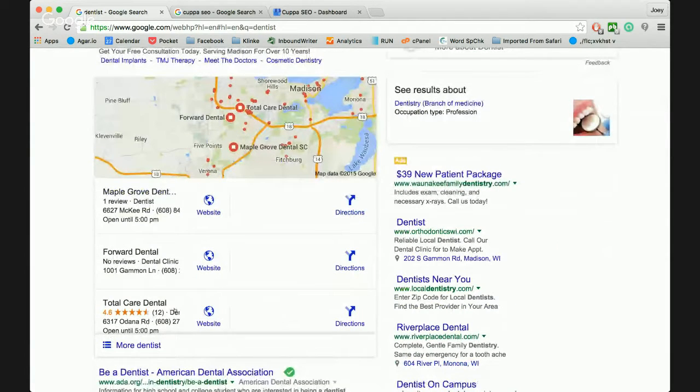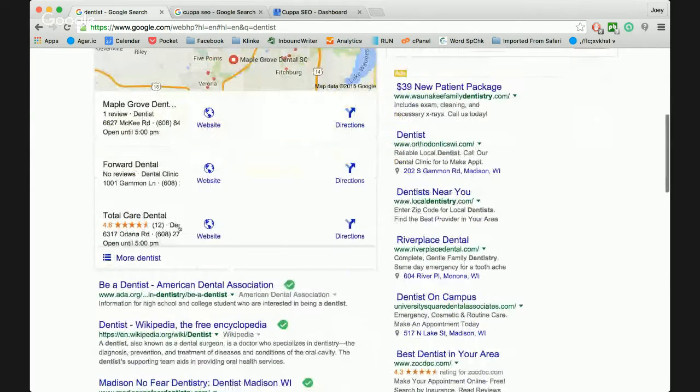The reason why these are the top three can be kind of complicated, but one of the major reasons is, one, these companies have a Google My Business page. If they didn't, they wouldn't show up. Two, they've optimized it. They've completed every section, and they've utilized keywords and keyword phrases and relevant copy to make their Google My Business page more relevant than others.